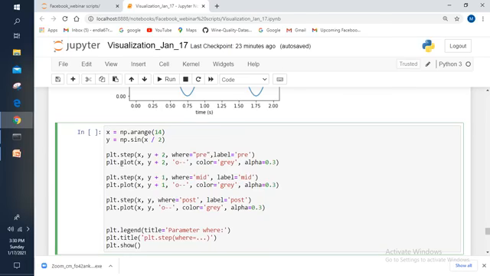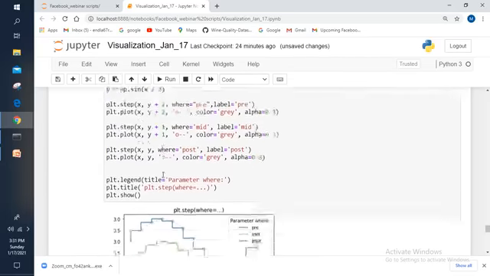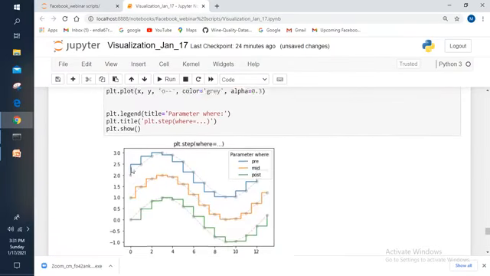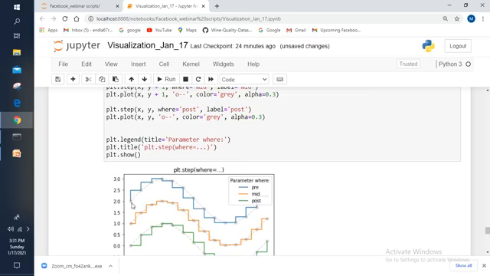In the plot function, I'm specifying the color as green, just as a reference, and in the step function you need to specify the parameters where and label. When you specify the where parameter as pre, then automatically the steps will be connected in the front. Let me execute it and let me show you. See how the plot looks. When you set the where parameter as pre, the steps will be connected in the front. Like this, the steps will be connected, right?